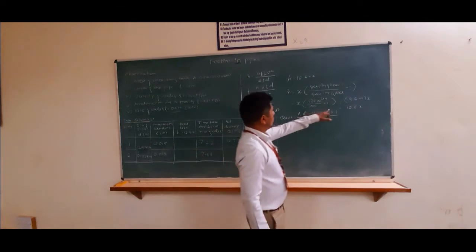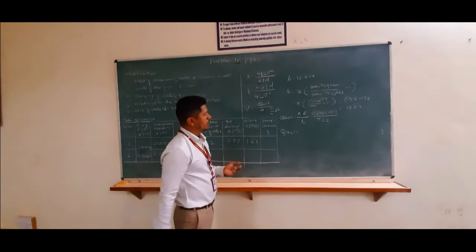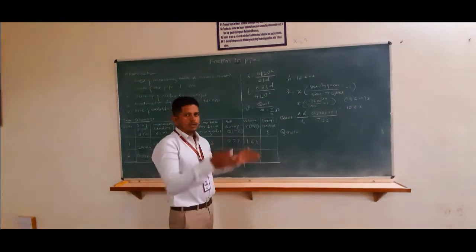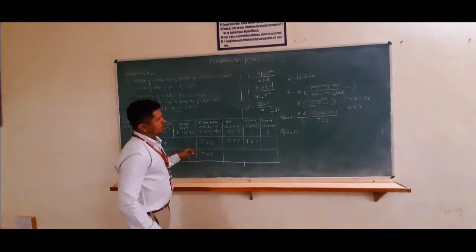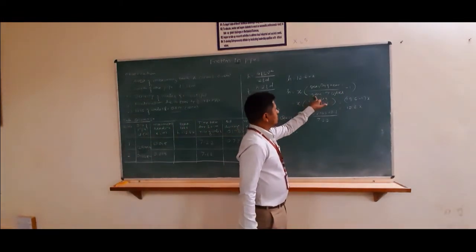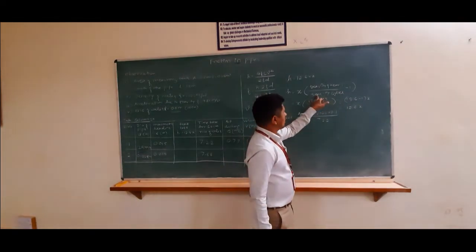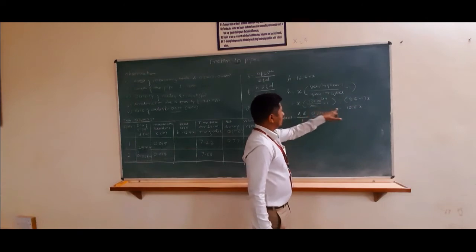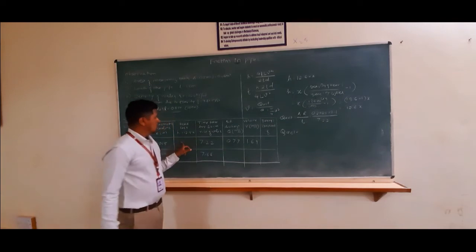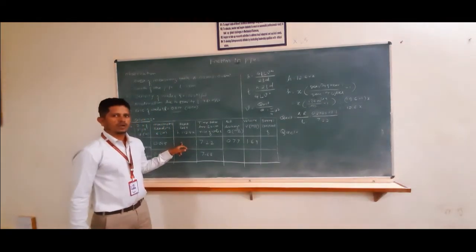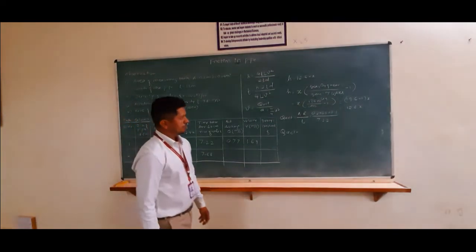So this value will be taken when the lighter liquid is flowing in a pipe and we are keeping the heavier liquid, mercury. So to convert that, we use this formula. Suppose any lighter liquid other than water is there, then that density you have to keep here, and then you have to find out the equation to use for the head loss in terms of meters of water or in terms of meters of that particular liquid.